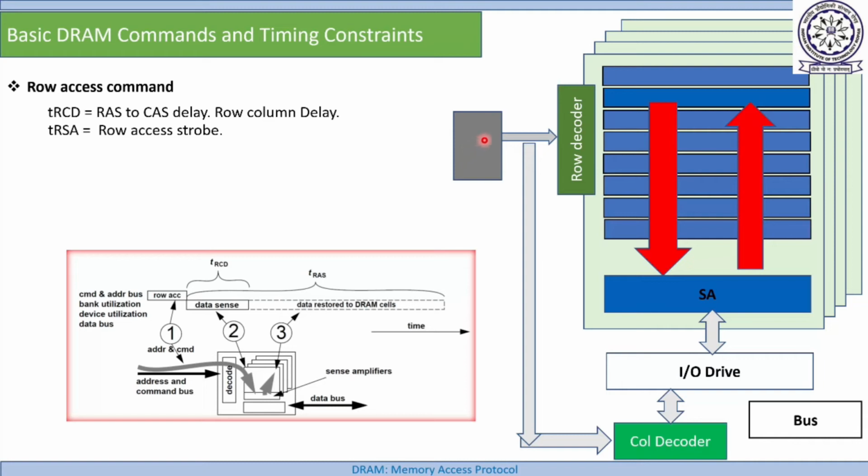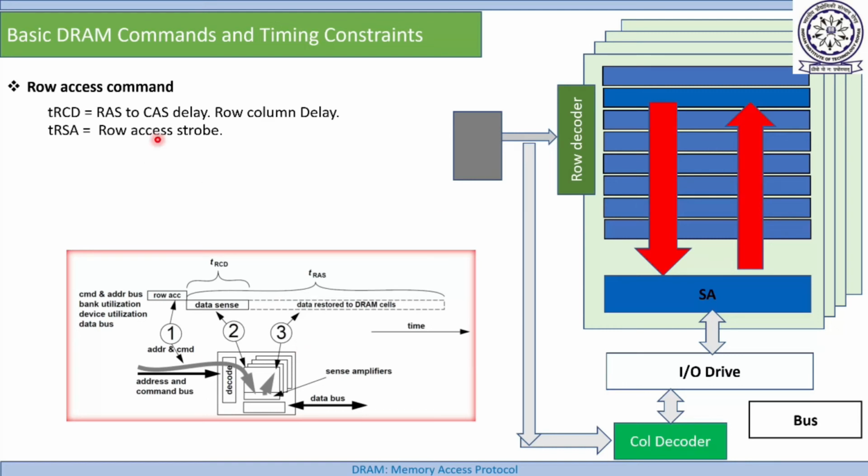Why tCMD? Because tCMD time is required for a command to reach from here to here. So a controller can send the second command, the column read command, after tCMD plus tRCD time. It need not wait for the complete tRES, because after tRCD time the next part is automatically restoring this row. This can be done independently of the column access part, and normally it's performed independently. Both parts, the column read/write part and the row restoration part, perform in parallel.